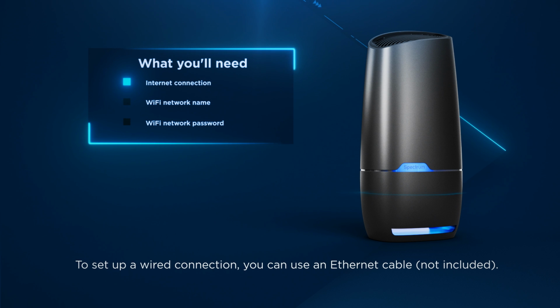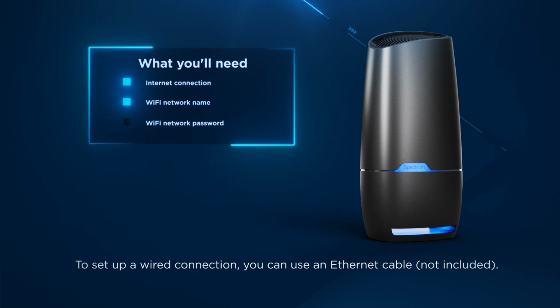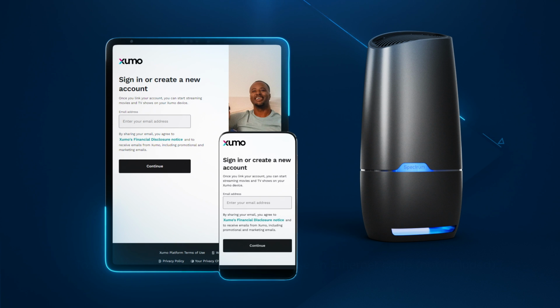First, make sure you have an internet connection with Wi-Fi turned on and have the Wi-Fi network name and password ready. You will also need a valid email address and a separate device, like a smartphone or tablet, to create your free online Xumo account. This account is separate from your Spectrum account and is required to activate your Xumo Stream